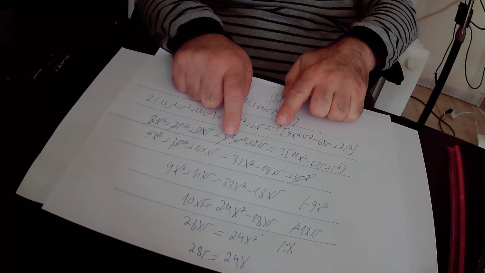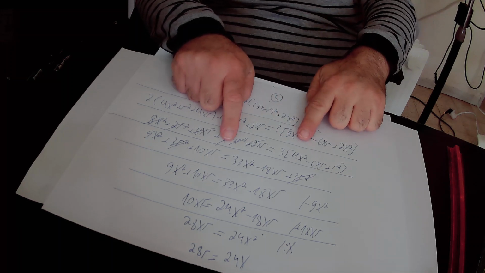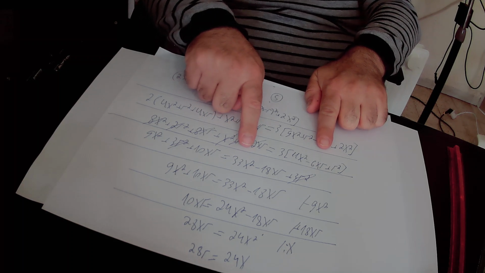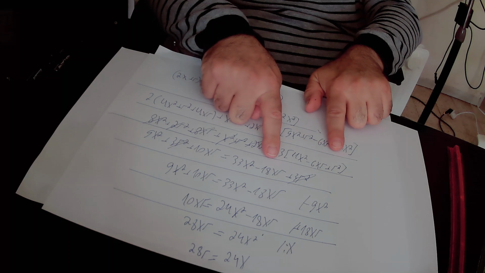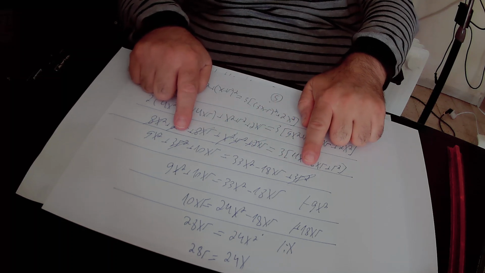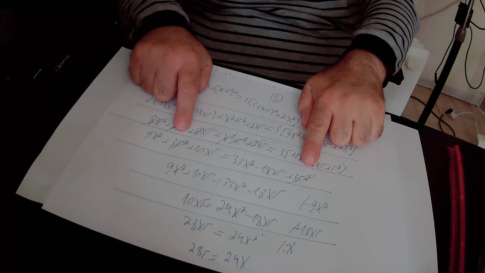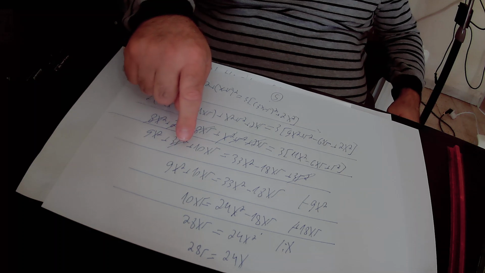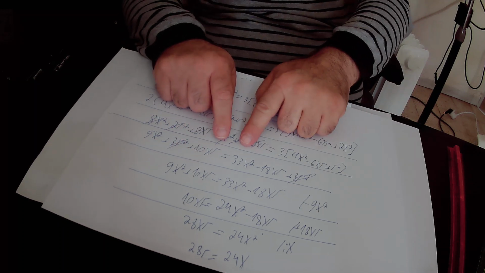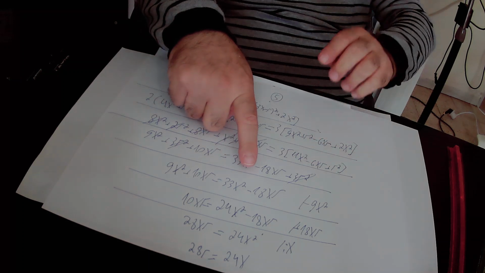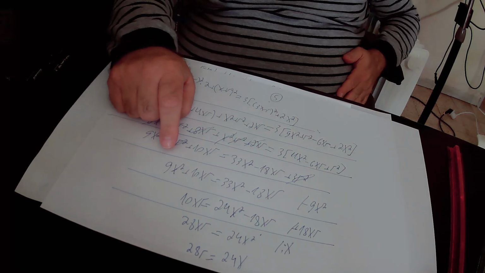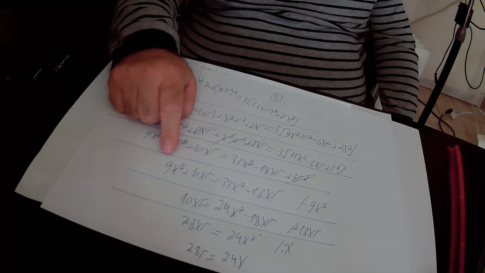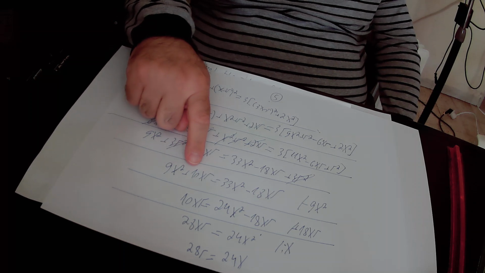In the other side of the equation we open the brackets. 3 times 11x square is 33x square, and 3 times minus 6xr is minus 18xr, and 3 times r square is 3r square. We have 3r square on both sides of the equation, so 3r square get cancelled, and we are left only in this side of the equation with 9x square plus 10xr. In the other side of the equation we have it is equal to 33x square minus 18xr. Here we subtracted from this equation 9x square, so 9x square minus 9x square is 0, so in this side of the equation we are left only with